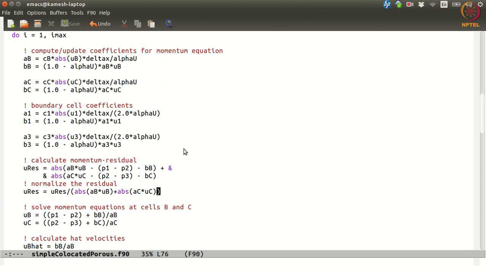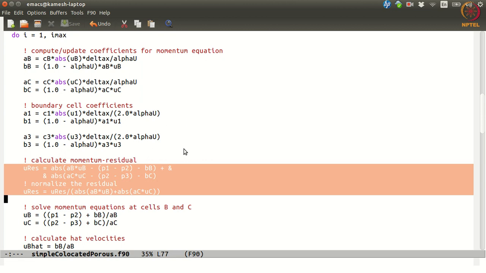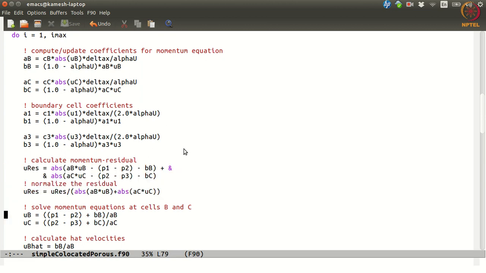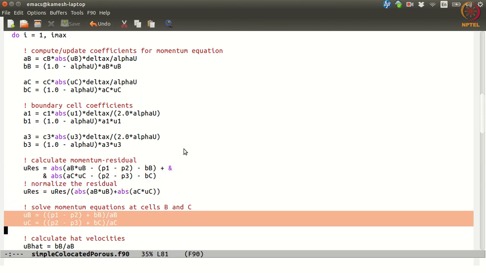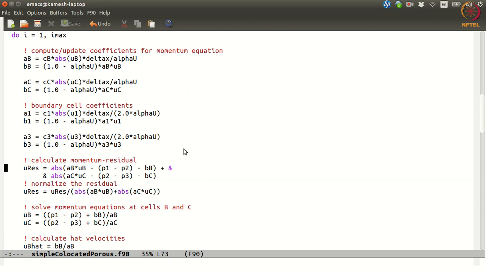All right. Then I want to normalize this. So this is your residual calculation from the momentum equations. These are the momentum equations, right here. So from here you can construct what these quantities are, right? What this quantity is, basically this equation with everything taken to the left hand side.